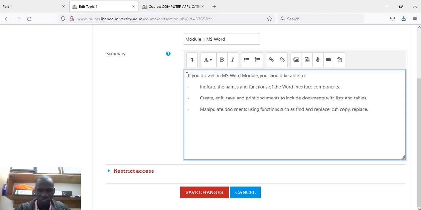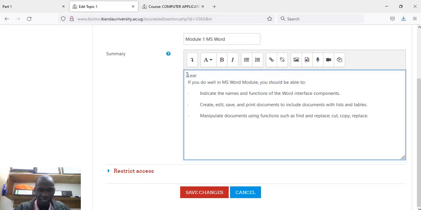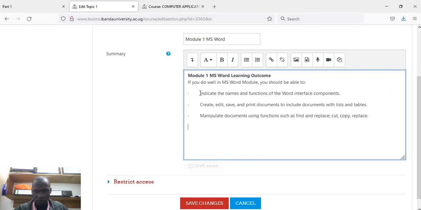But still I have to include and say these are learning, let me call it module 1 MS Word learning outcomes. Yes, like this, and I have to make it appear a little bit better by highlighting and bolding it. Yes, and then after doing that, I can save changes, or I can also